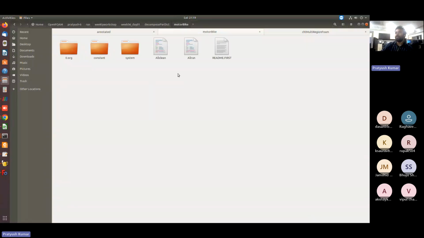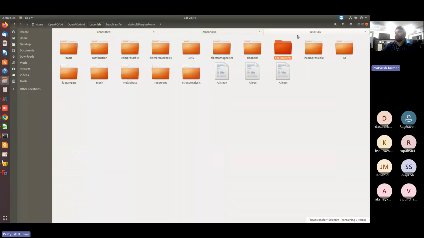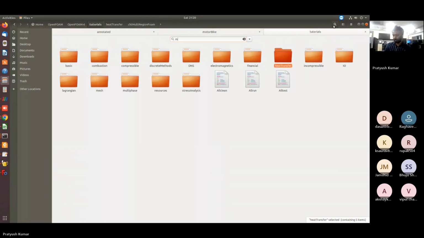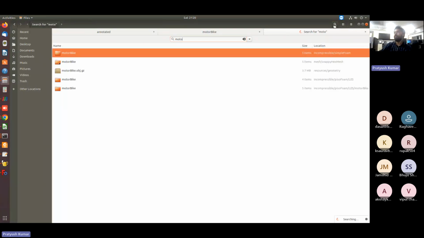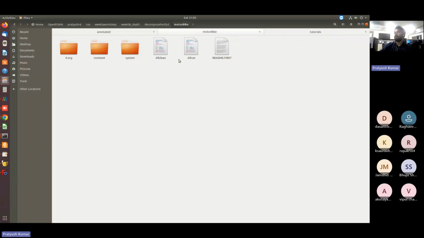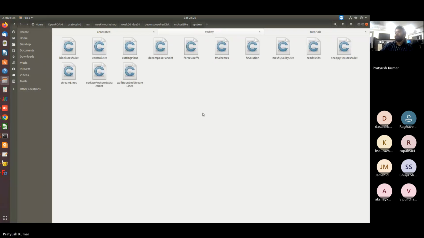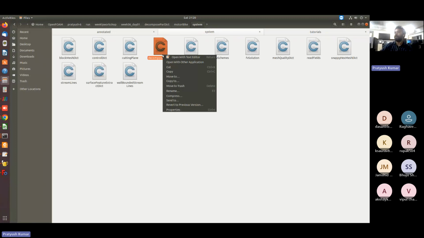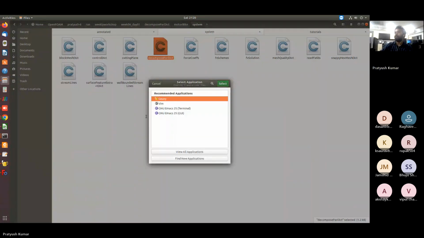So I have taken this motor test case from the OpenFOAM motorbike. You can just search here in the tutorials, that is the motorbike, and you can copy this motorbike case. So this is a test case that we are going to run in parallel. So if you open this,